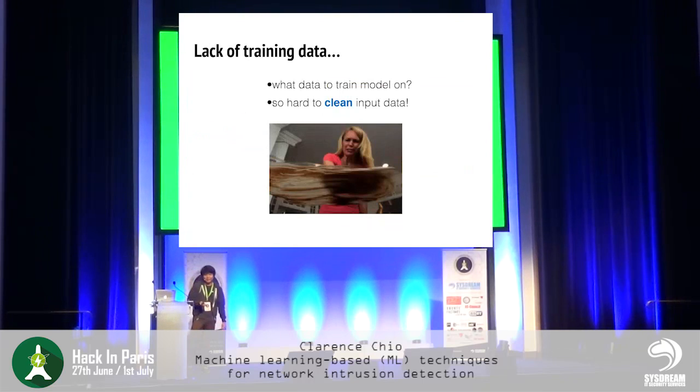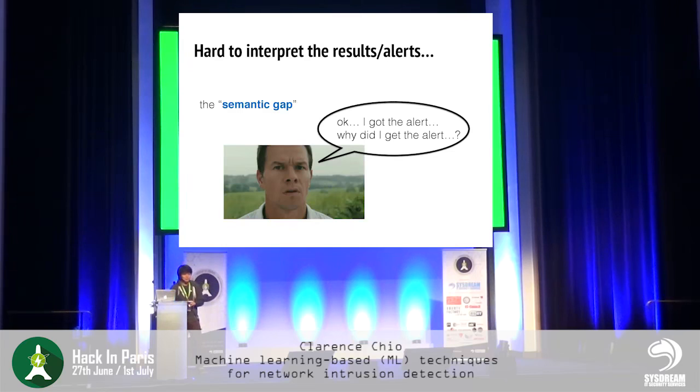So lack of training data is a big problem. Which data to train your model on? It's hard to clean the input data, because if you could gather perfect, clean data in the first place, then you must have had some kind of human or enough labor or a perfect enough system to label this traffic. A lot of the time, it is unclear whether the traffic that enters your web server is real or not, or is human or not. So a lot of labor has to be put into gathering the training data that is relevant for training your model.